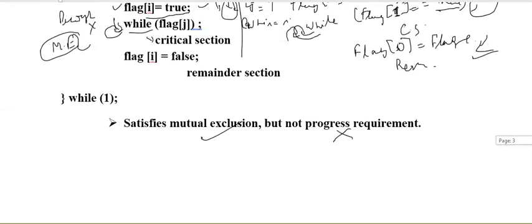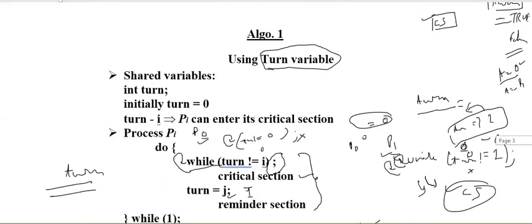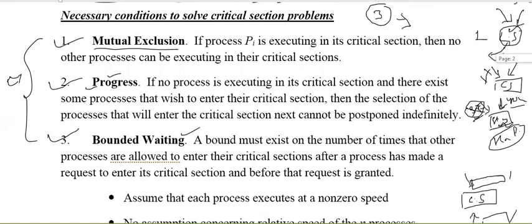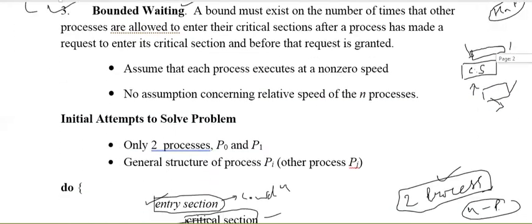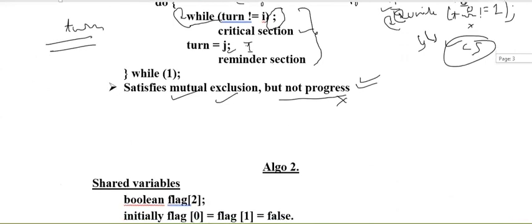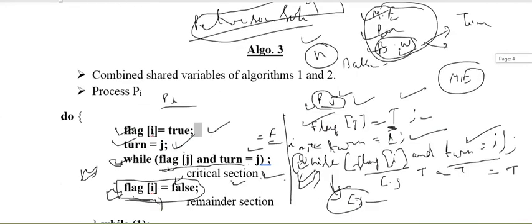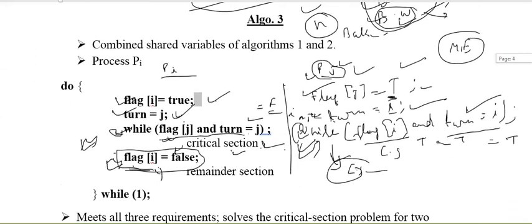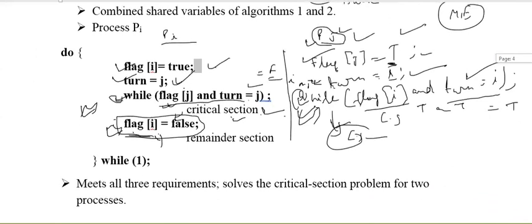So we had picked in today's lecture what is critical section, what is the theoretical solution of critical section, then the necessary conditions: mutual exclusion, progress, and bounded waiting. Then we had picked how these conditions can be implemented. For that we had picked multiple solutions, moved one by one, and finally got our solution, that is the Peterson solution, which holds all three conditions simultaneously. So that is all for today.